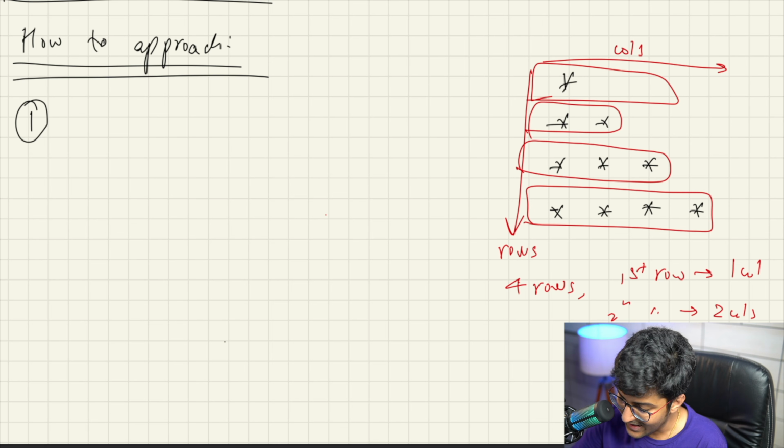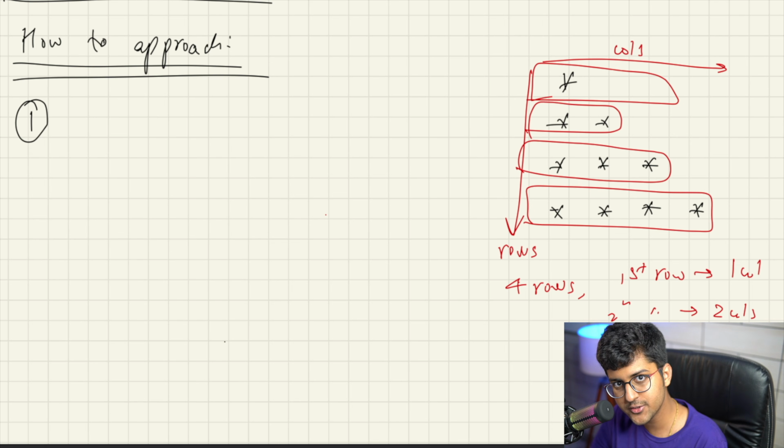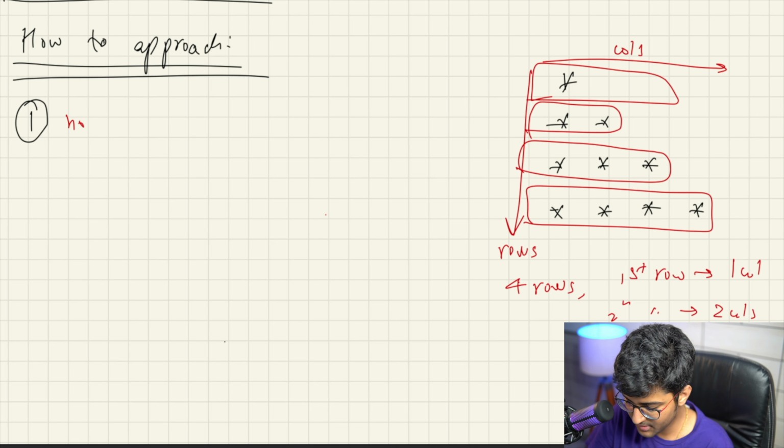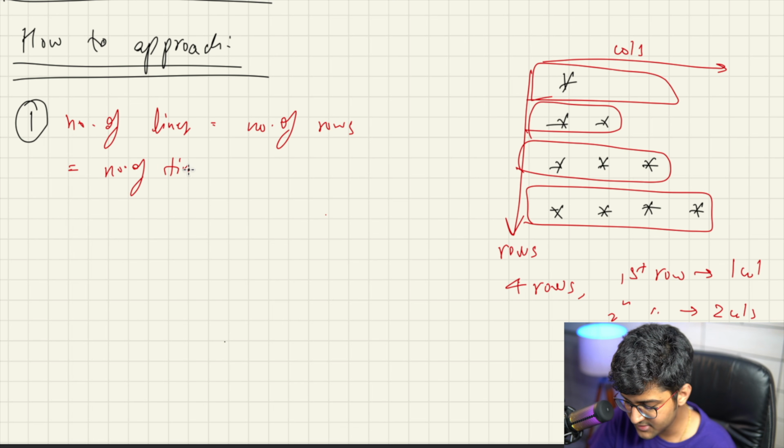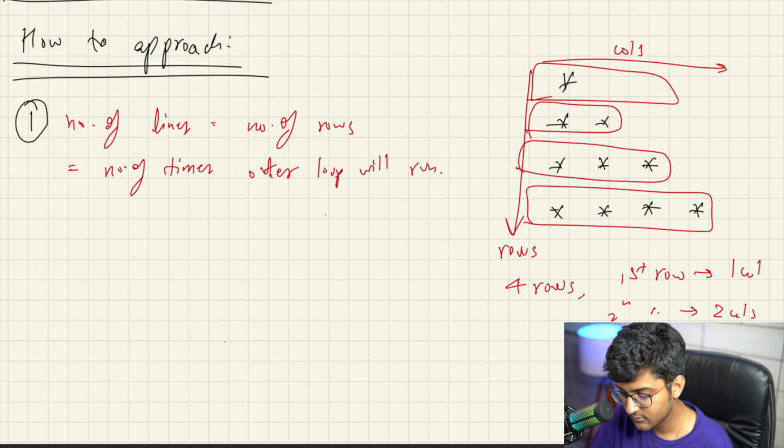So this outer for loop, the number of lines is actually equal to number of rows. So I know that number of lines is equal to number of rows is equal to number of times the outer loop will run. Does that make sense?